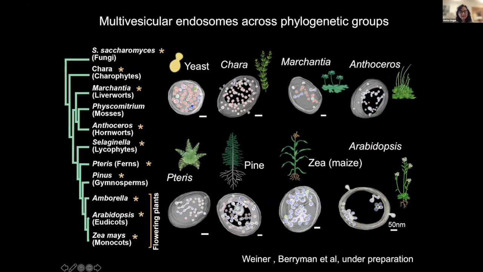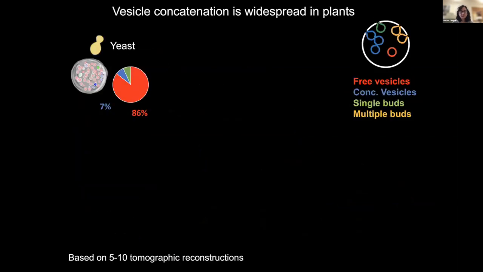So all the genera that you see with asterisks, we have samples. We have reconstructed all these tomograms and asked what mechanism of vesiculation they use to sort the plasma membrane proteins. When we look at yeast, as has been reported before, around 86%